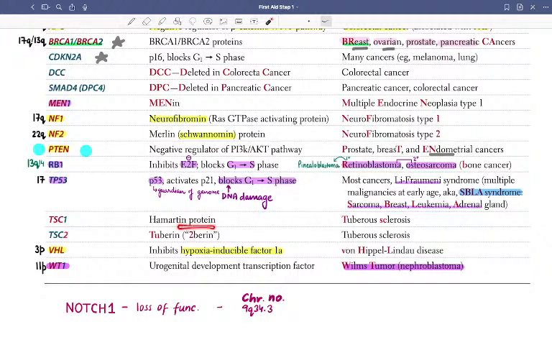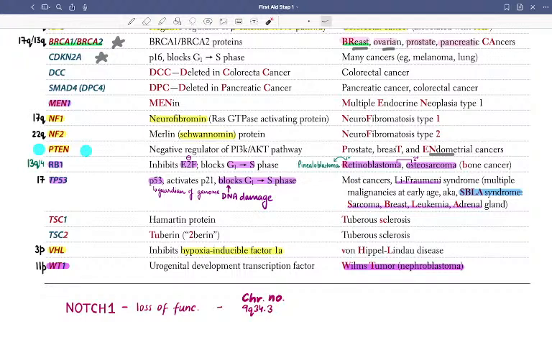TSC1 is the hamartin protein. I'll just check out Li-Fraumeni once, because it is an important piece of information. Just a second, I'll tell you what all it had. Li-Fraumeni: adrenal, osteosarcoma. There were bone cancers, but most importantly there's adrenal cancer, sarcoma,